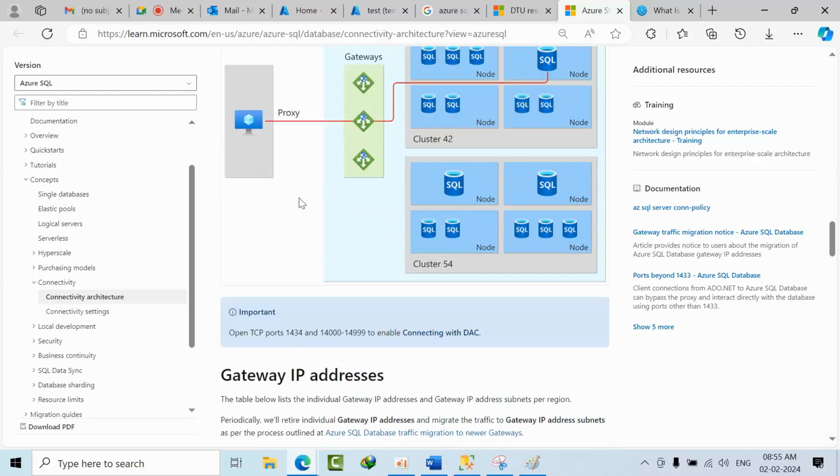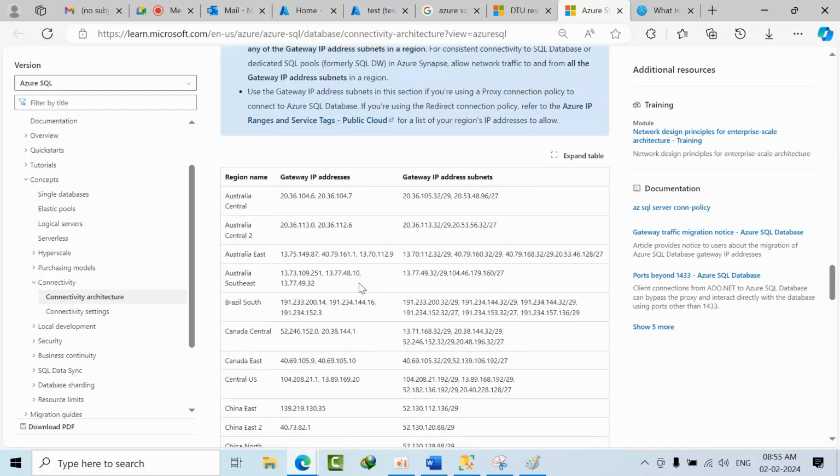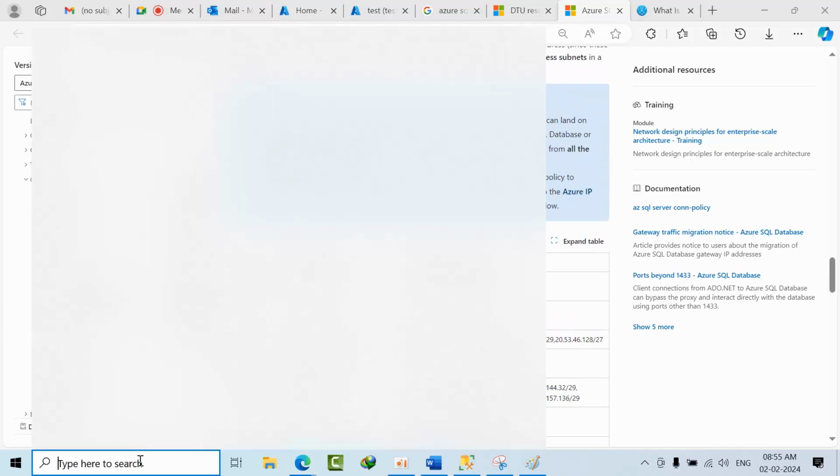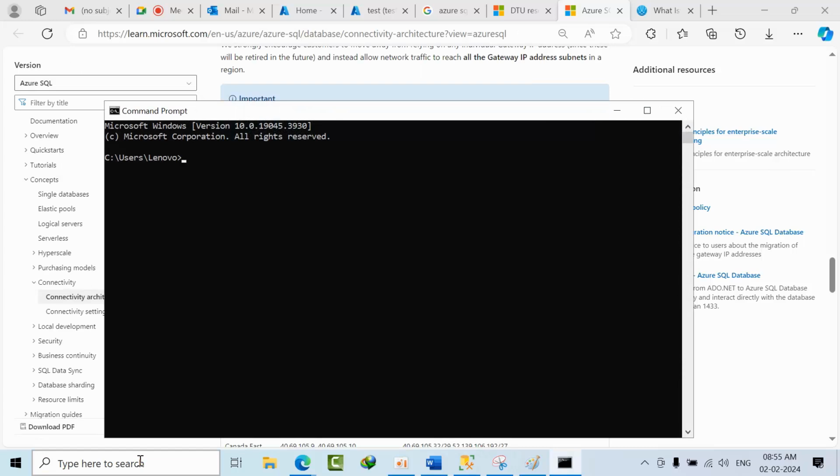I have created the SQL server, right? These are the public gateways and subnets. Now I am opening the command prompt and pinging test demo 08 dot database dot windows dot net.